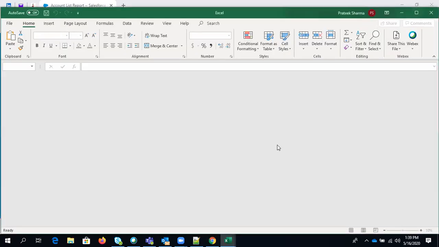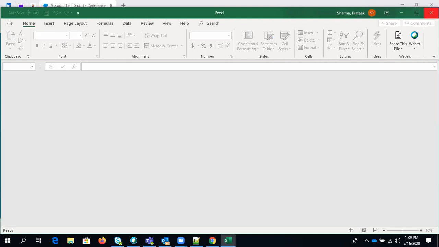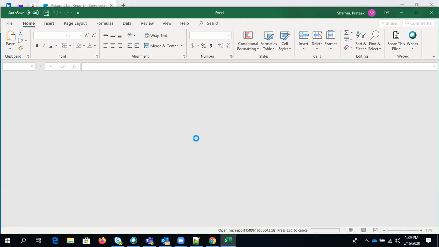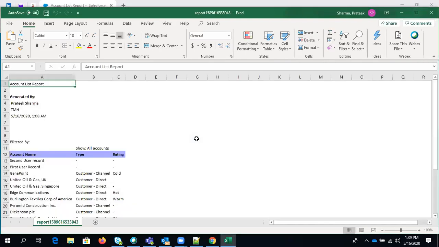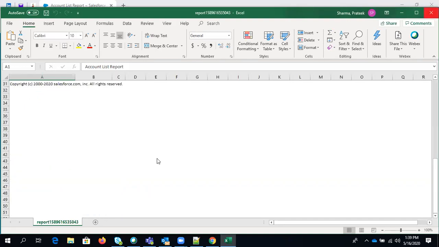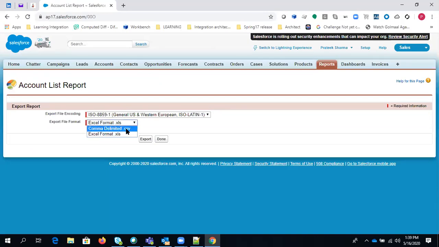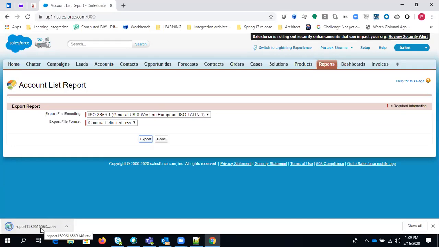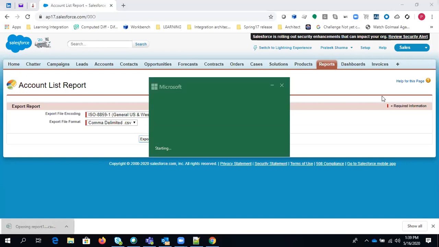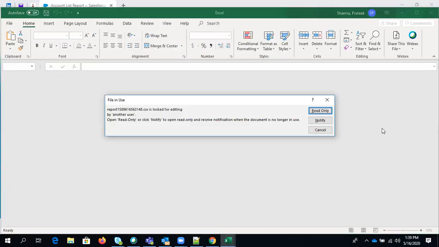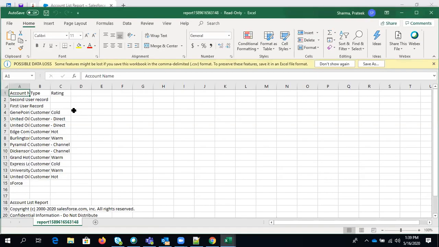So you can see here we got the printable view, so you can directly print this report, right? And if you want to export details, it will export in a CSV or Excel format, right? So let's say I want to just export it into a CSV format, you can directly go and export it. Here you can see we have exported this data in this format, right?